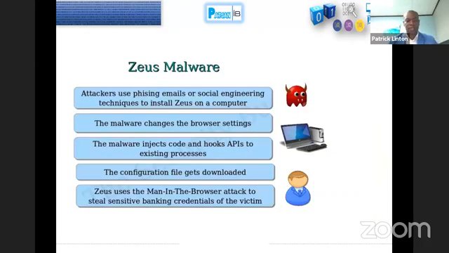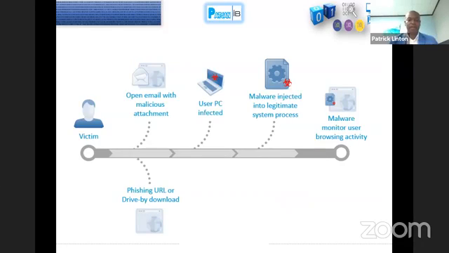All right, so I'll just run through this quickly. These are just some of the general things, a non-exhaustive list of what Zeus does. Zeus today is still there. Even though Zeus started out in 2007, it's still a significant malware or crimeware, right? It is still operating in different jurisdictions, still stealing money. So you have to be aware, all right?